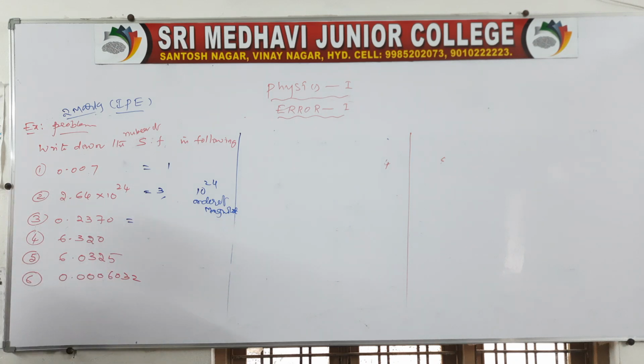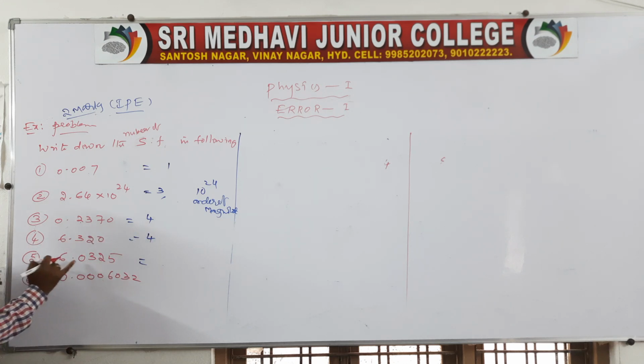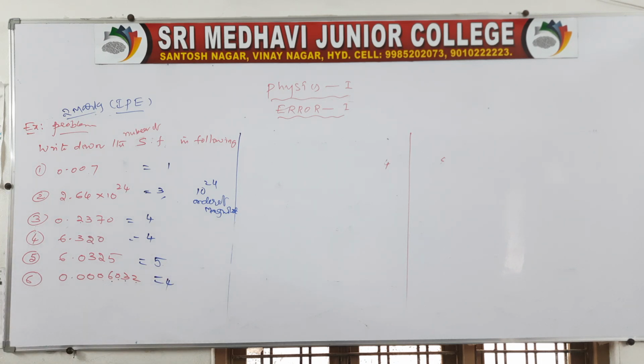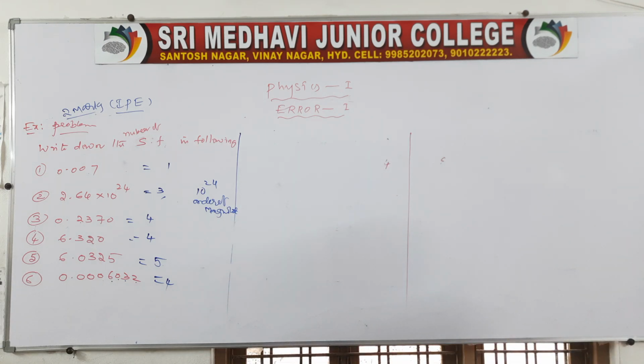Okay, and coming to this one, look, it is less than 1, no? Then 1, 2, 3, 4 is the significant. Here also, look, it is greater than 1 because the decimal is there, so 1, 2, 3, 4 is the significant. For another one, 1, 2, 3, 4, 5 is the significant, and look, it is also less than 1, therefore the significant figures will be 1, 2, 3, 4. So this is the way, very easy. The question is very easy in the IPE. They will ask this in the Intermediate Public Examination, and these questions are also related to NEET, JEE Mains and MCET. These are very important questions.